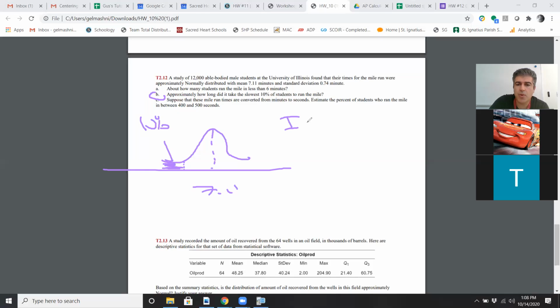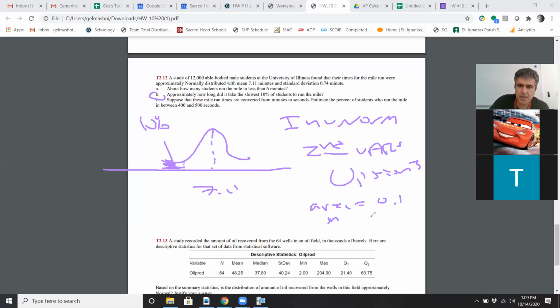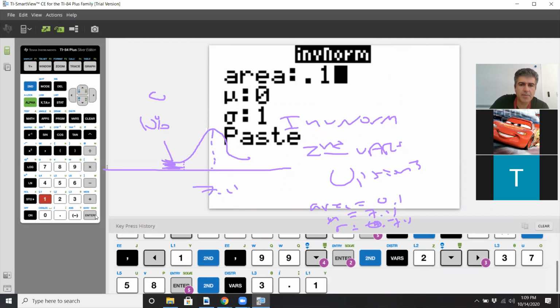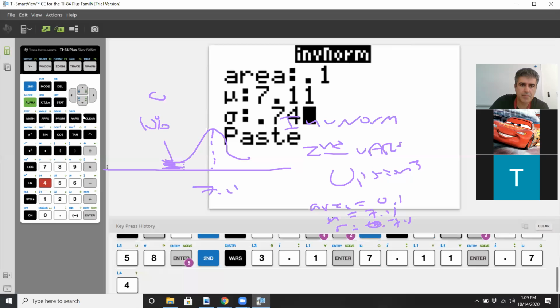So you're gonna do this inverse norm in the calculator. Remember, you hit second, vars, now you can pick option 3. And the area is gonna be 0.1. We're gonna use our mean of 7.11 and our standard deviation of 0.74. So you do area of 0.1, mean of 7.11, and sigma of 0.74. And actually, let me just pull up here. Second vars, option 3, 0.1, 7.11, 0.74, paste it,